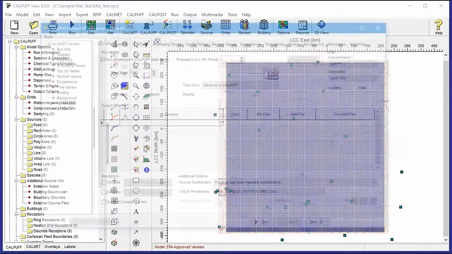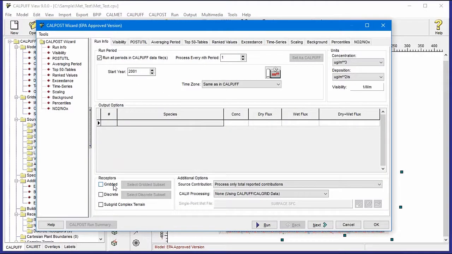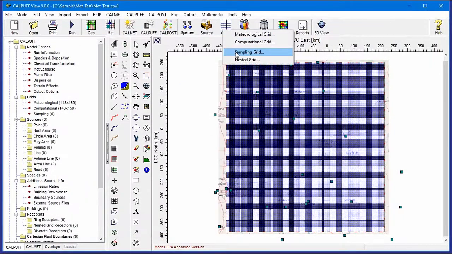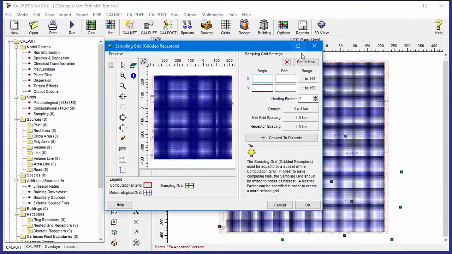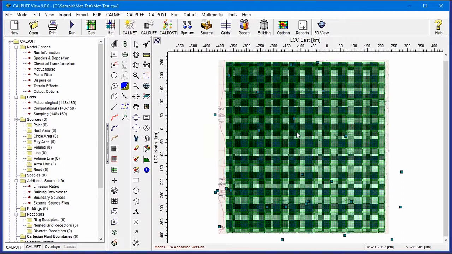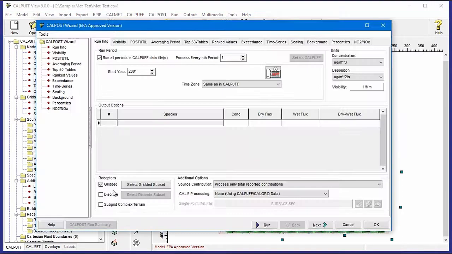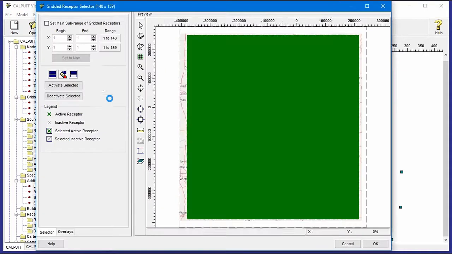Other improvements include the ability to more easily define a gridded subset of receptors in the CALPOST options. So I'm going to quickly define a little sampling grid here. I'm going to say that I have a sampling grid that spans my entire domain, a whole lot of gridded receptors here. And then back in the CALPOST options, if I wanted to select only a subset of these gridded